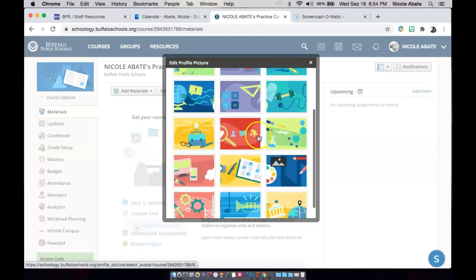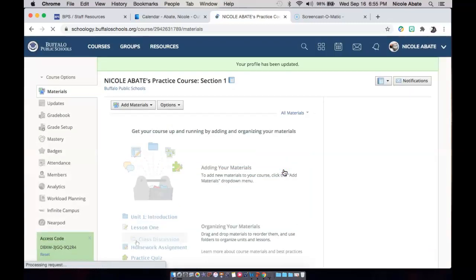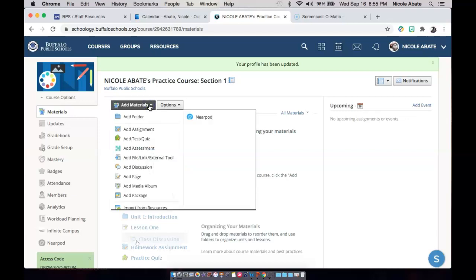You can use any of the images below, or you can add your own. For the sake of time, I'm just going to click one down here and change it. And now it's particular to this course. I'm going to start by adding some folders. One of the things that we have to have is the Teams link meeting, so that students can get onto that virtual classroom so that they can do their work and live chat with us while they're working. So I'm going to go ahead and click Add Materials, and I'm going to create a